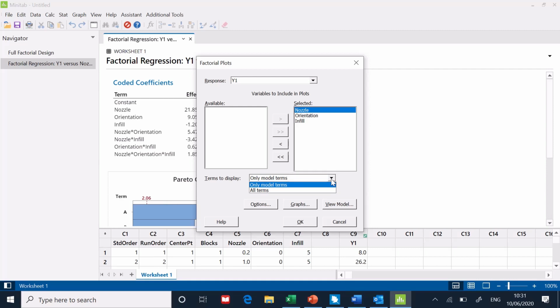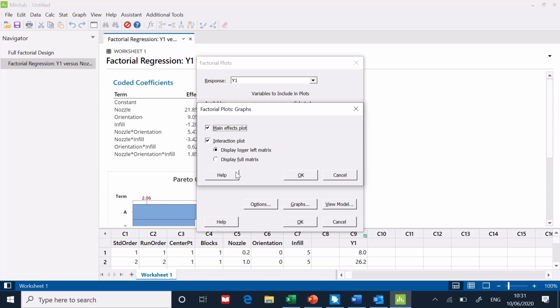So of course, if I ask for this, it's going to give me all the main effects, and it's going to give me all the two-way interaction graphs as well, I think, but I have to go and ask for them. It's going to have a look at the graphs, and it says, what would you like? Main effects plot, interaction plot. So I could switch the interaction plots off if I didn't want to see this. If it was a slightly bigger DOE where there's lots and lots of interaction plots, I might switch this off and then just ask for one or two interaction plots specifically later. But I'm going to ask for everything because it's just a 2 to the 3 full factorial, and there's not too many diagrams in this case. So if I click OK